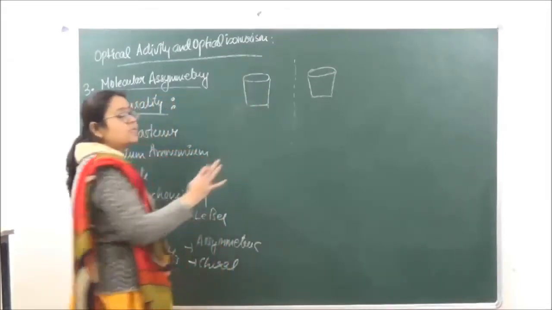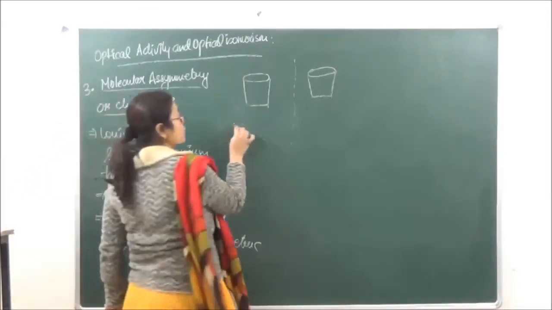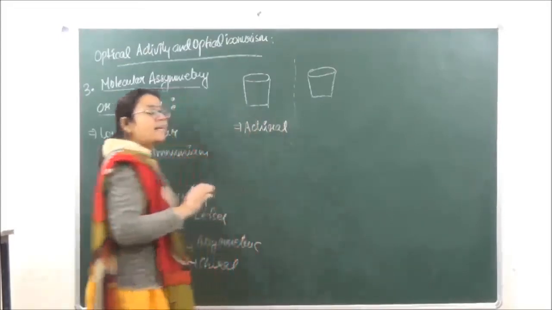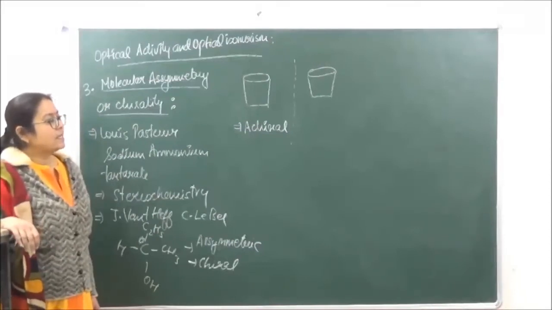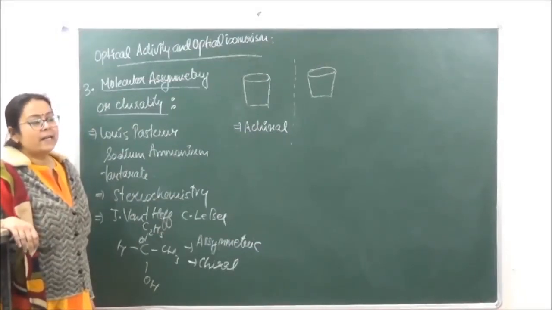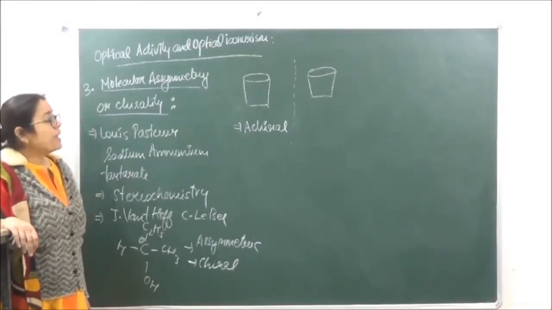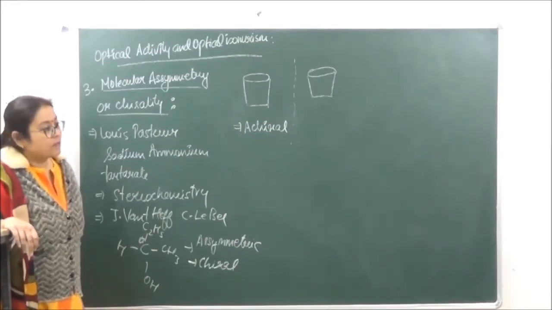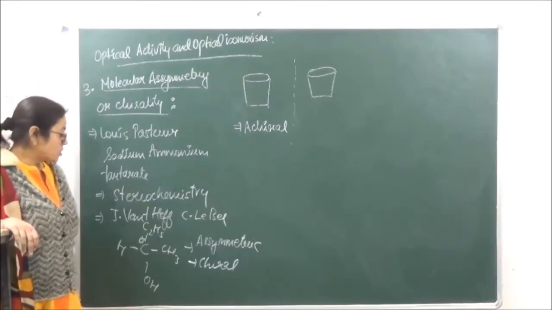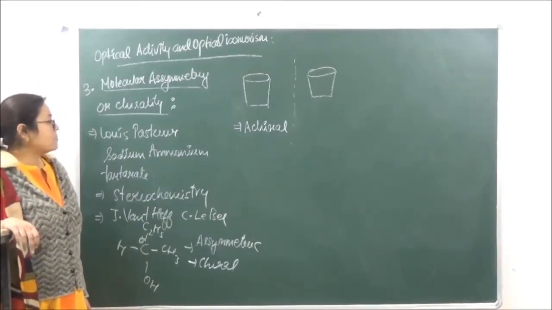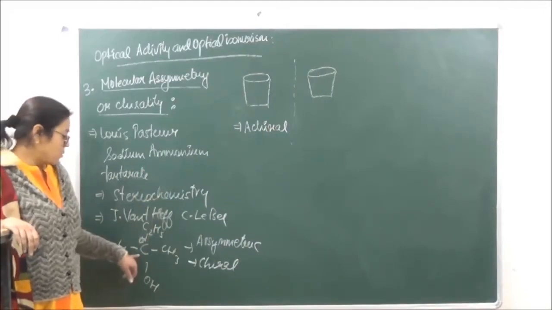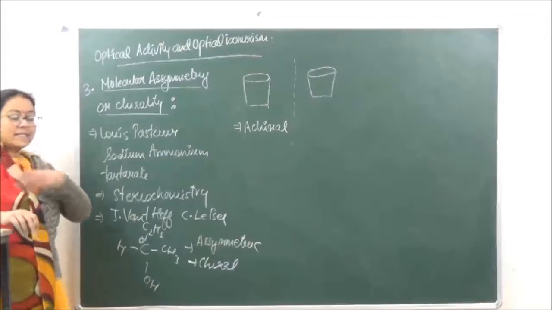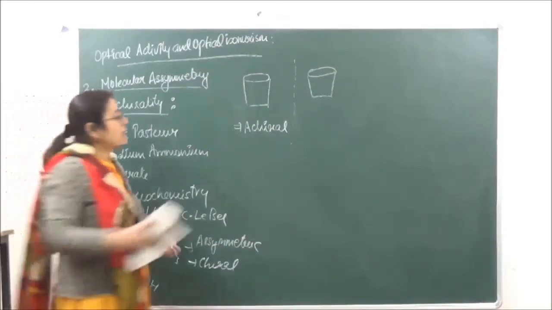So such substances which are superimposable mirror images of each other, they are said to be achiral in nature. Okay? These are said to be achiral in nature. Is it clear? So achiral substances, they are going to be optically inactive. So which substances are optically active? Optically active substances are the substances which have at least one chiral center. Okay, so let's take the example of an organic compound over here now.